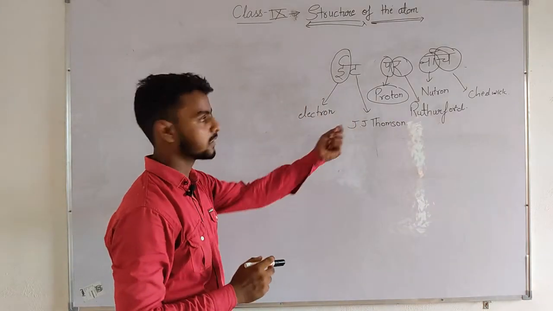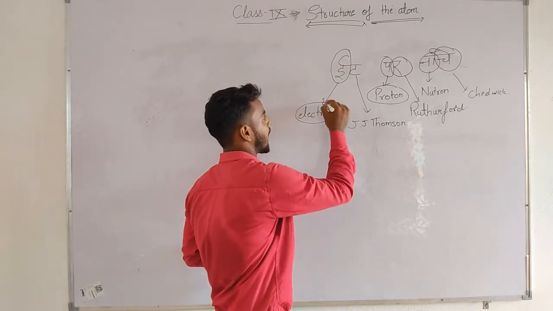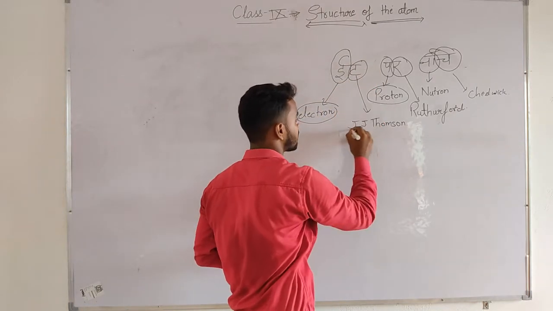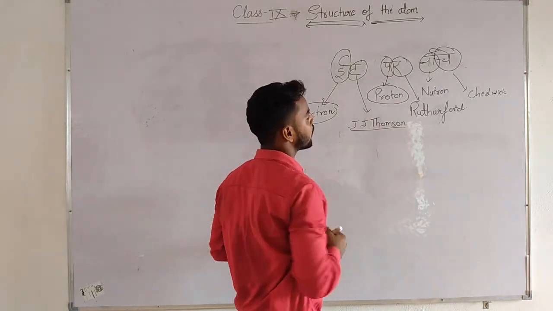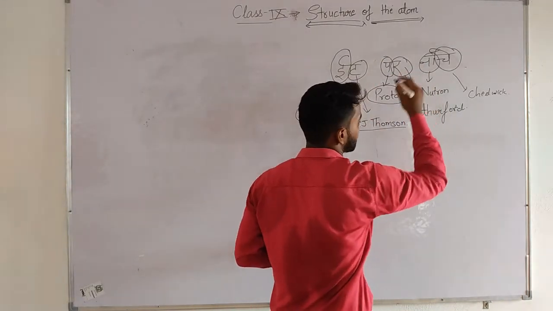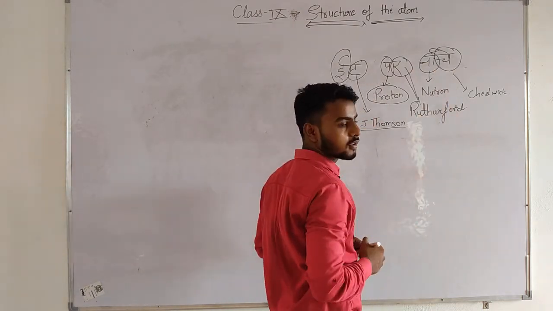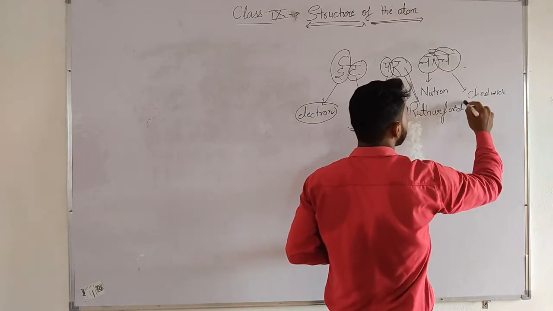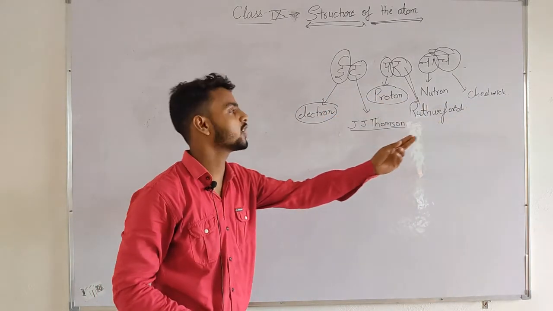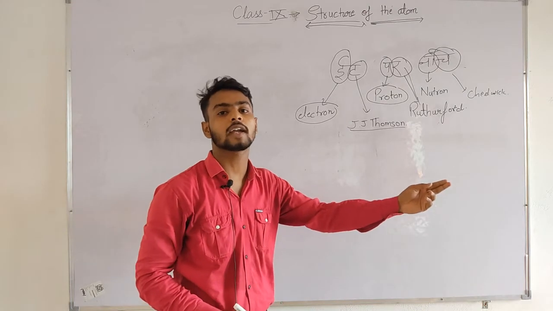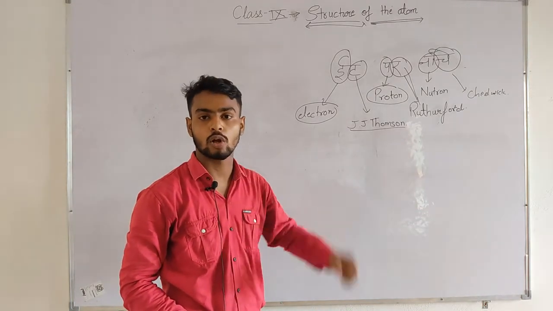Eat par nache. That means E represents the electron, and who discovered the electron? J.J. Thomson. And "par" represents the proton. Who discovered the proton? Rutherford. And "Na" represents the neutron. Who discovered the neutron? Chadwick. It is the short trick to learn who discovered the subatomic particles of the atom: electron, proton and neutron.